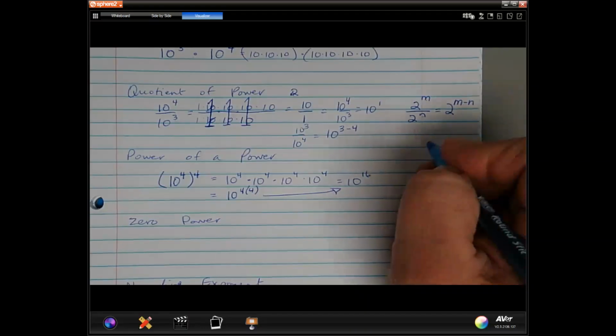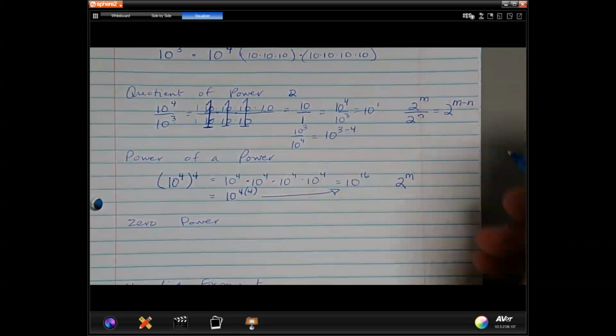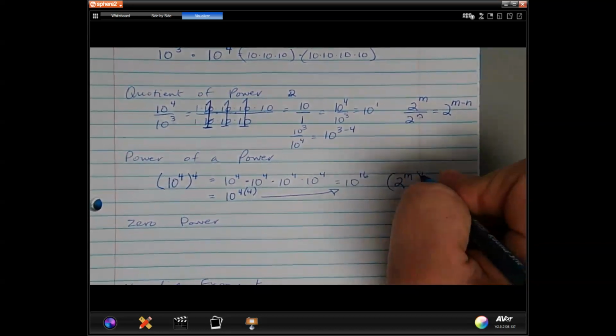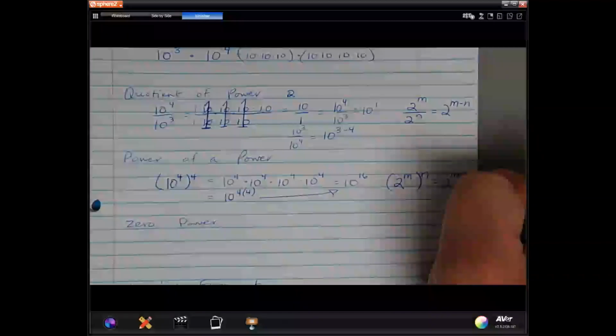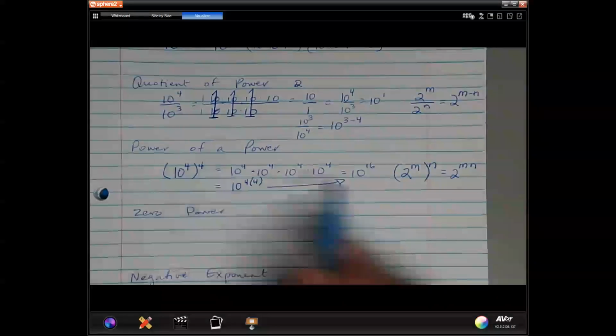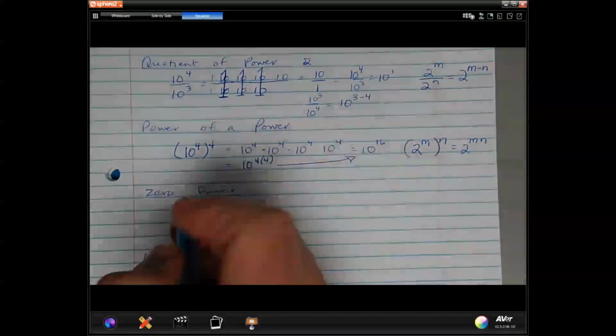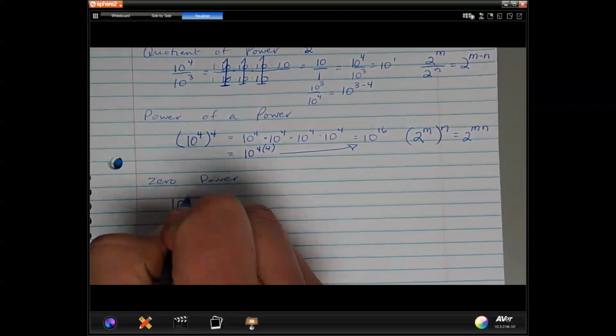The rule for product of powers looks like this. Any value raised to a power that is then again raised to another power will simply be a multiplication of the two exponents. And here again, the bases must be the same for this rule to be used. In the zero power, when we talk about any value that's raised to the zero power,